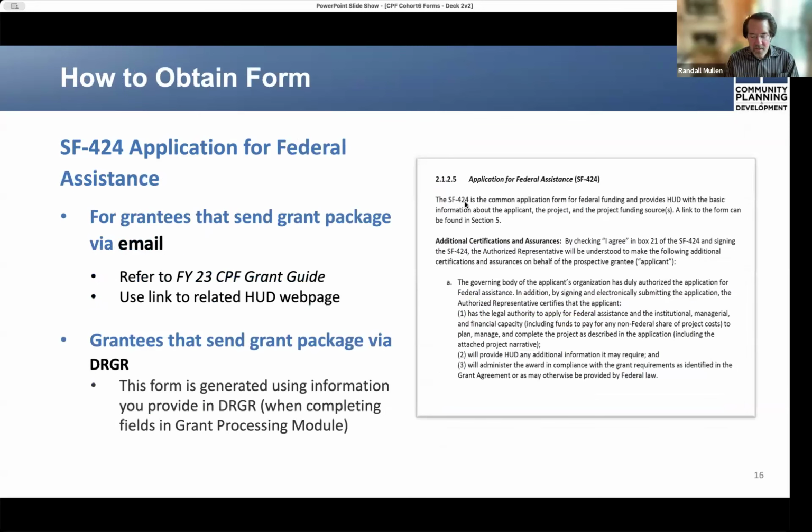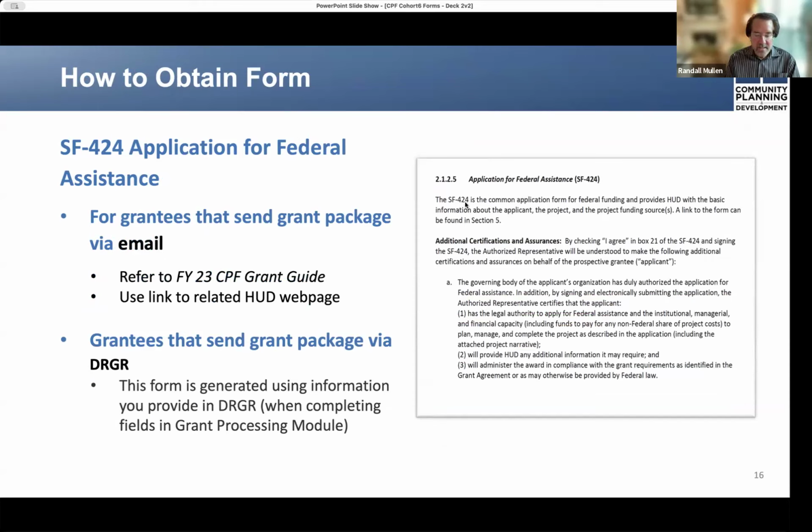If you represent a grantee which will submit the grant materials by email, which is a minority of you in this cohort, how can you obtain the SF-424 application form? Well, first, you would refer to the FY23 grant guide and turn to the page depicted here, which is page 11.